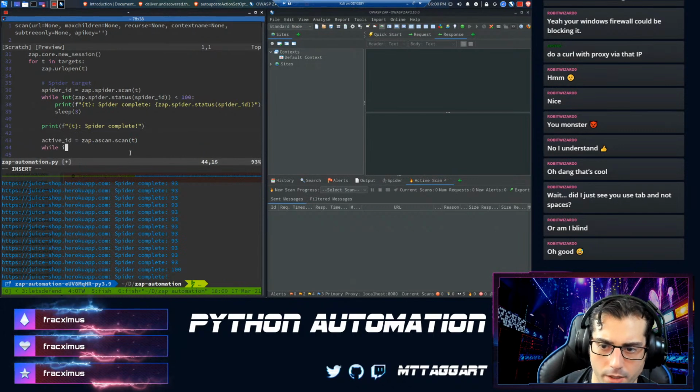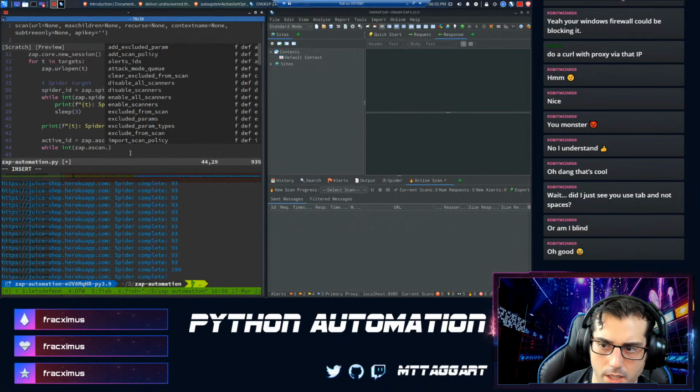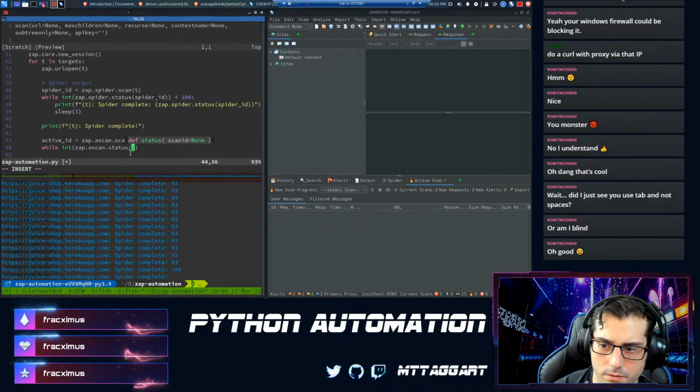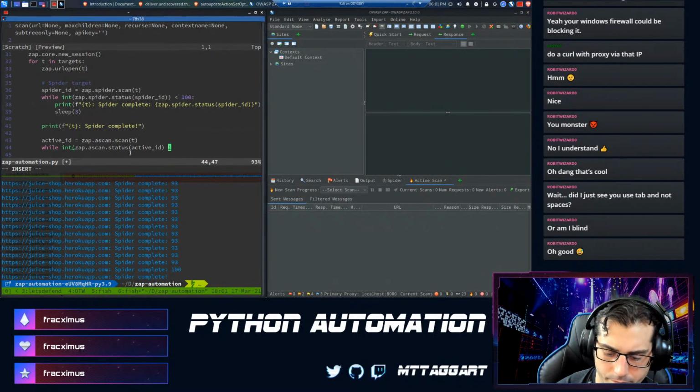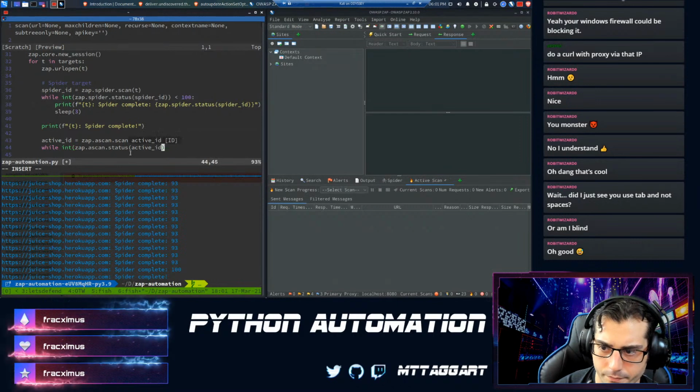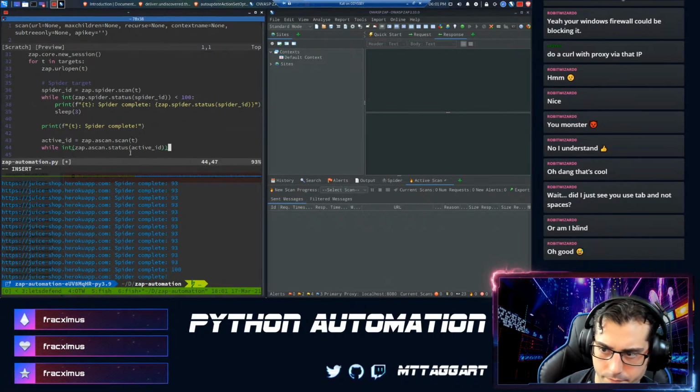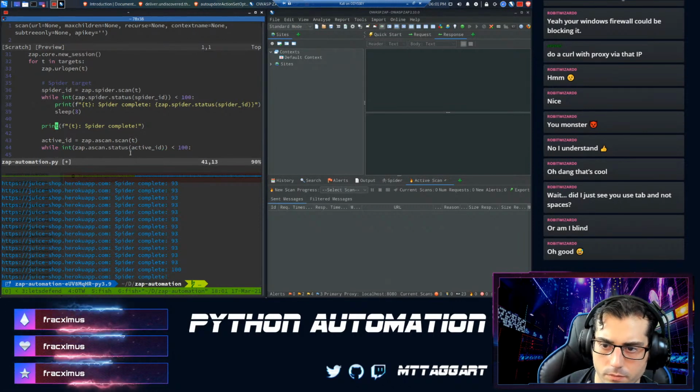And then while int, same thing, zap.ascan.status, active ID. I'll just copy these two lines here.